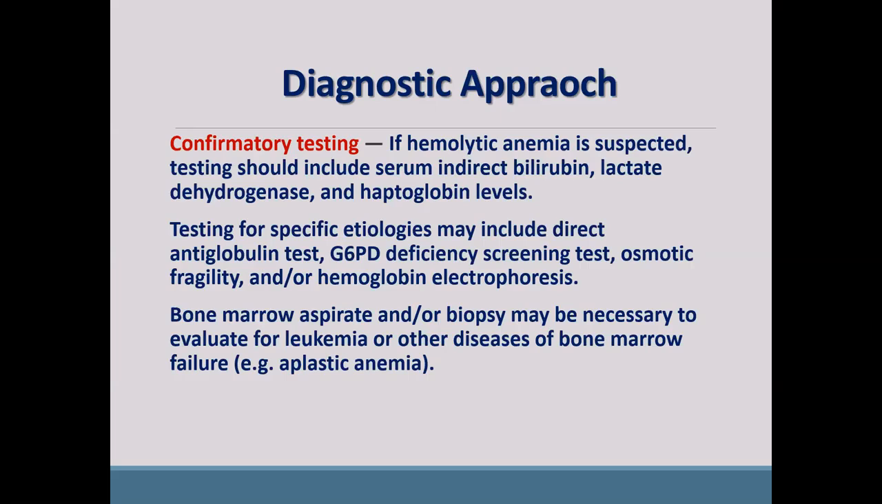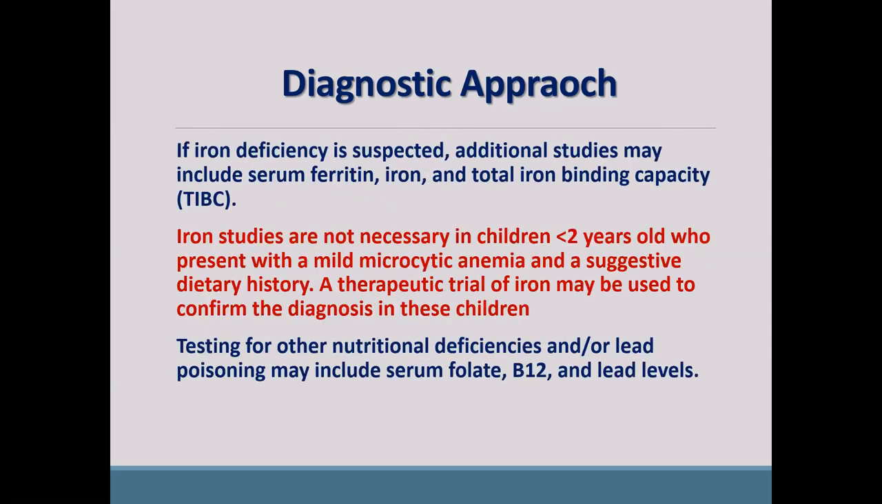Bone marrow aspirate and/or biopsy may be necessary for evaluation of leukemia and other bone marrow disease, for example, aplastic anemia. If iron deficiency anemia is suspected, then additional studies including serum ferritin, iron, and total iron binding capacity should be done. Iron studies are not necessary